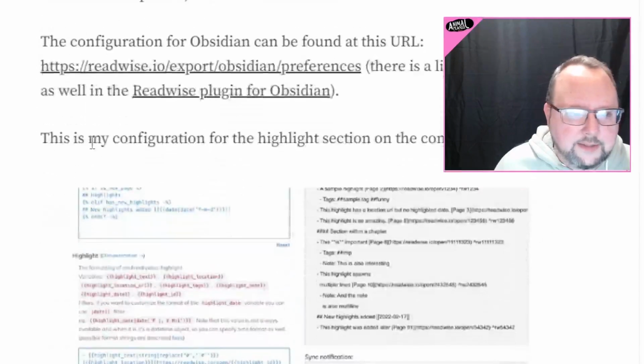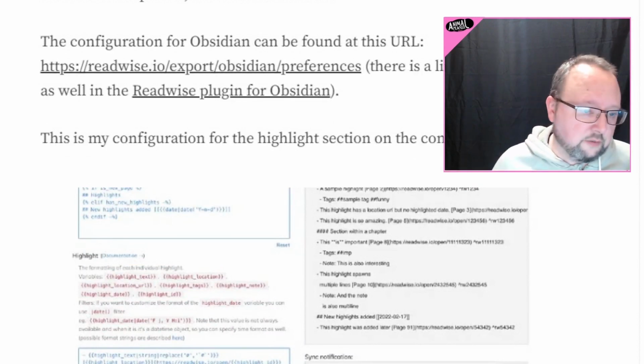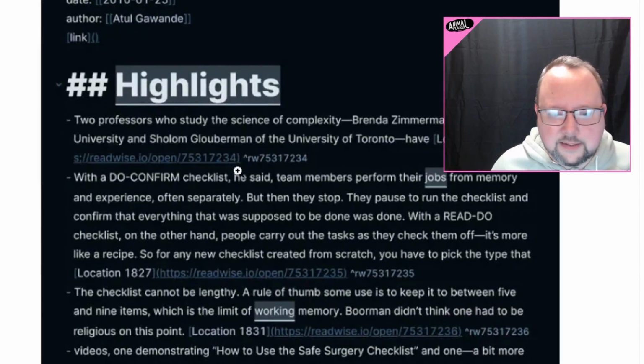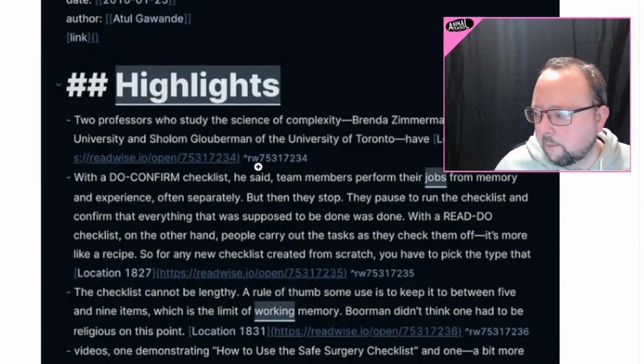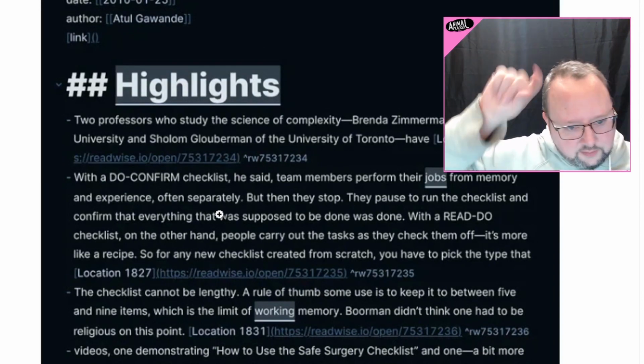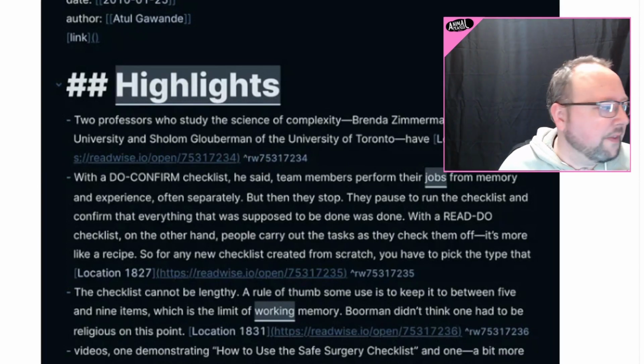The highlight ID is used in the URLs that Readwise uses to link to specific highlights. And what they recommend in here is using the block notation, the little caret, and then the highlight ID. What this will do